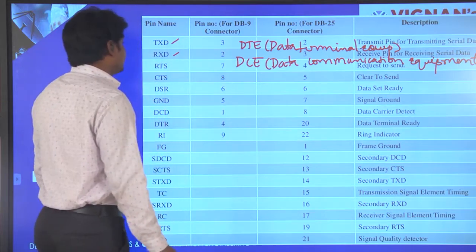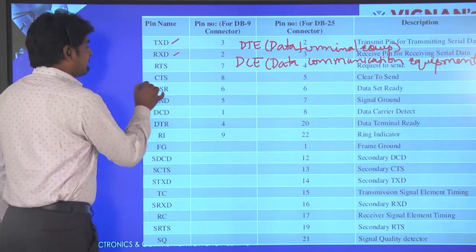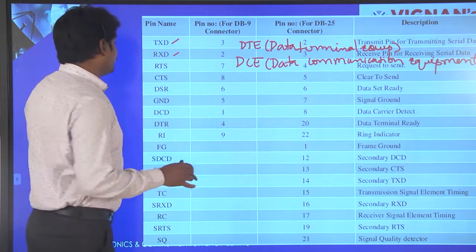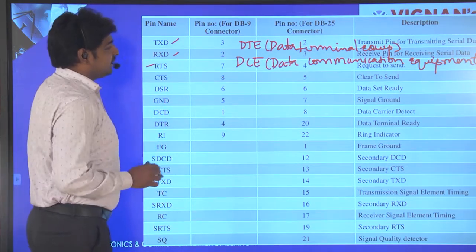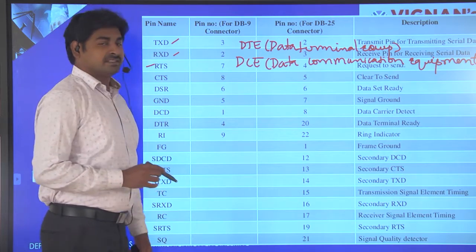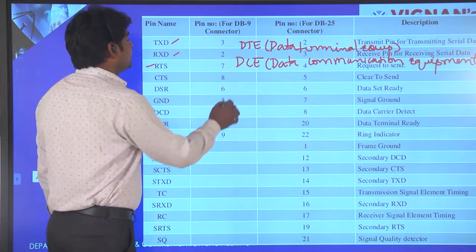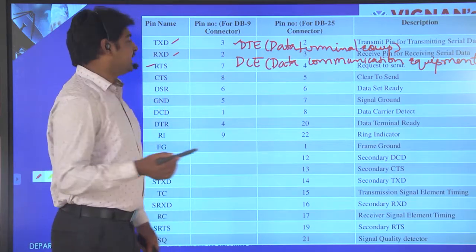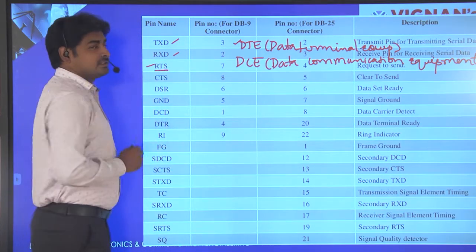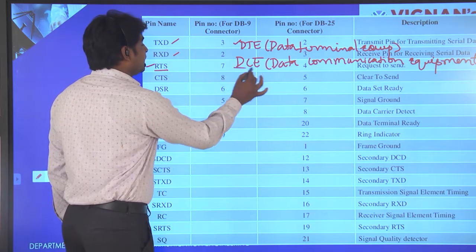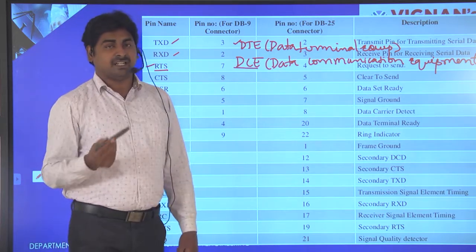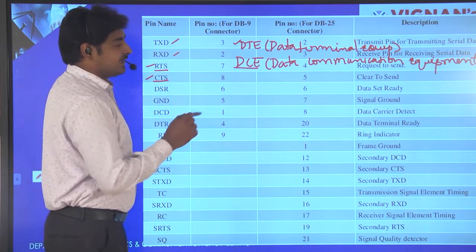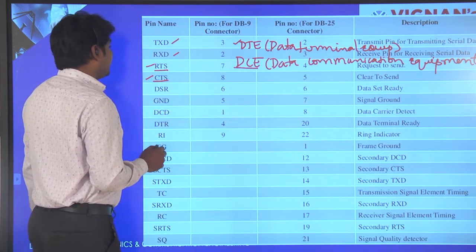Now these pins are used when the device has to control the flow of data, where RTS means request to send, which means whenever the data terminal equipment is ready to send some data, it activates RTS. Similarly, if DCE is ready to accept the data, then it will activate CTS, which means clear to send.